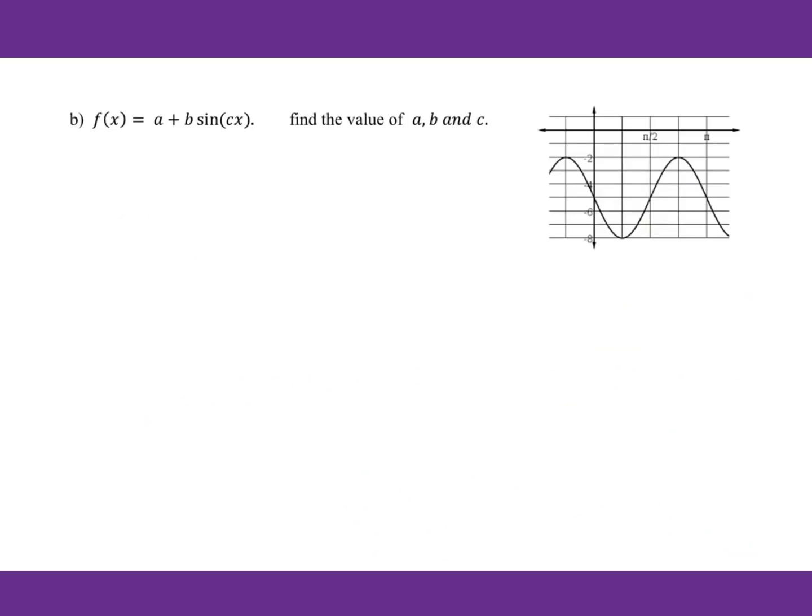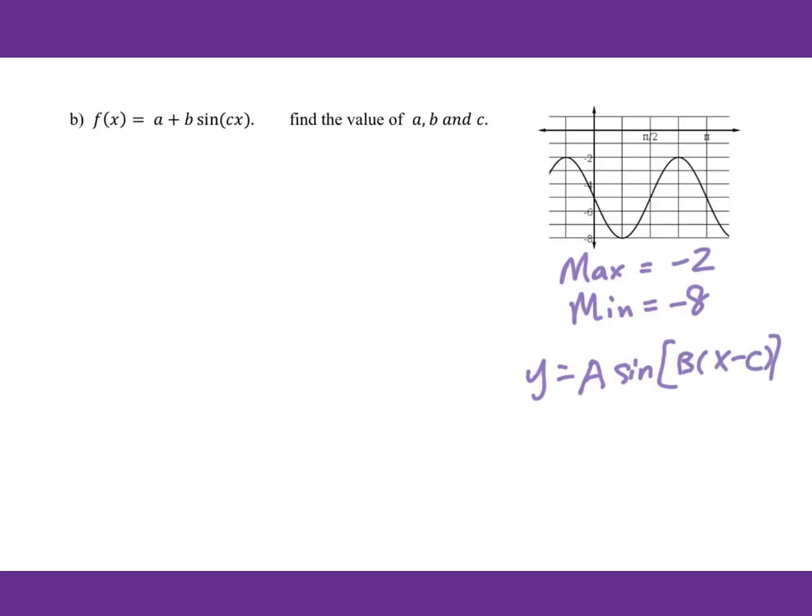Now let's go to B. f(x) equals A plus B sine Cx. Find the values A, B, C according to this given graph. From this given graph, we know the maximum equals -2. Minimum equals -8. Therefore, for the pattern y equals A sine (Bx minus C) plus D,